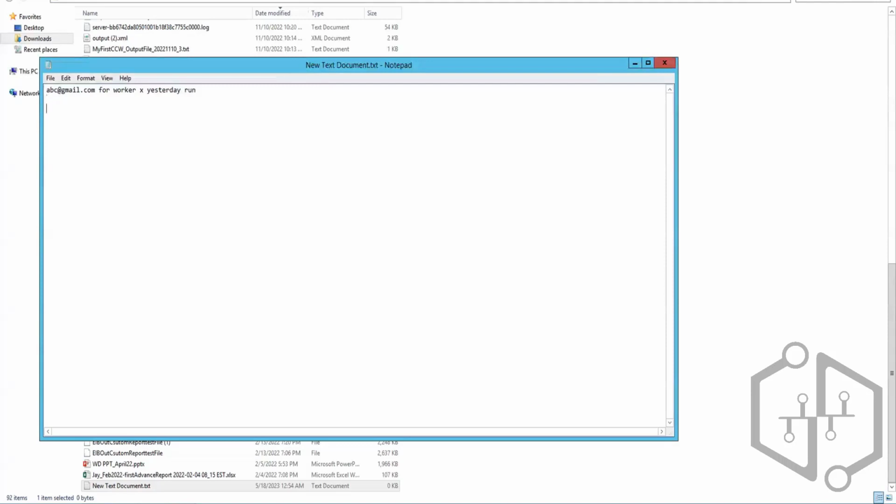Now, after yesterday's run, HR went and updated the email to xyz@gmail.com for worker X. After the integration ran for yesterday, that means ABC was sent already, and as soon as ABC was sent, after the last integration completed, HR updated the email from abc@gmail.com to XYZ